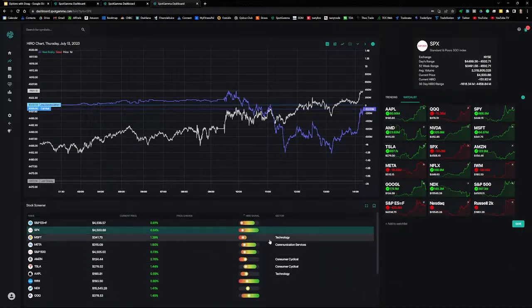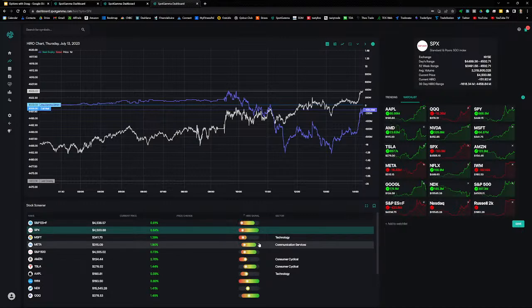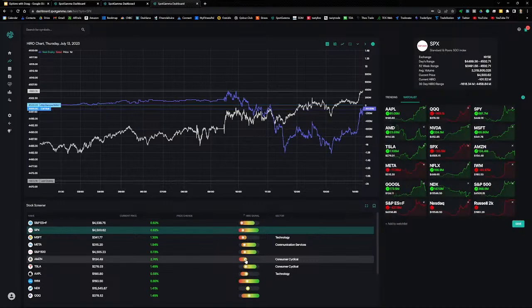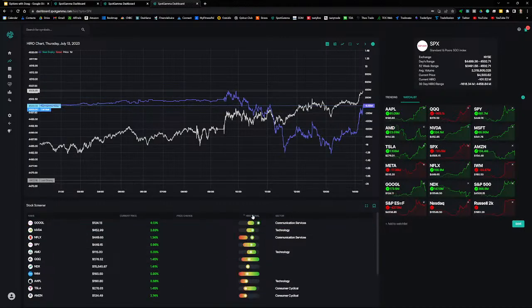So what this means is this Hero signal for today is in the lower portion of where it has been in the last 30 days. That's shown by the entire range of the slider here, as well as the range for the last 5 days, shown by the colored portion. Maybe it's easier to see for Amazon here, showing the signal for today, shown by the dot, is in the high end of the range that it's been for the last 5 days, but still in the lower end of the range for the last 30 days, shown by the entire slider. So let's rank.